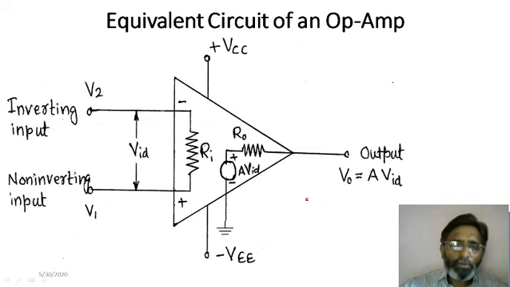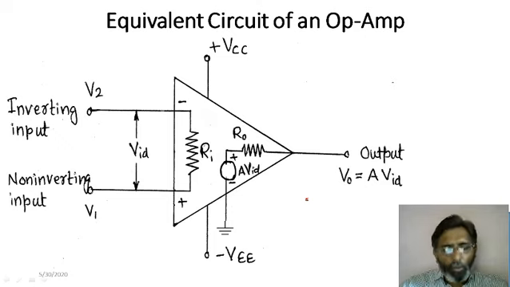Now as you know, we have seen that complex circuits can be represented in a simplified form by using the equivalent circuit. Specifically, we have studied Thevenin's theorem. Thevenin's theorem states that any complicated electronic circuit can be represented in a simplified form either as a voltage source or current source. As an op-amp is a voltage amplifier, we represent this op-amp in the form of an equivalent circuit, which is a simplified representation.